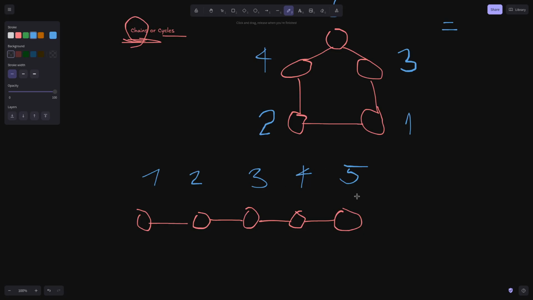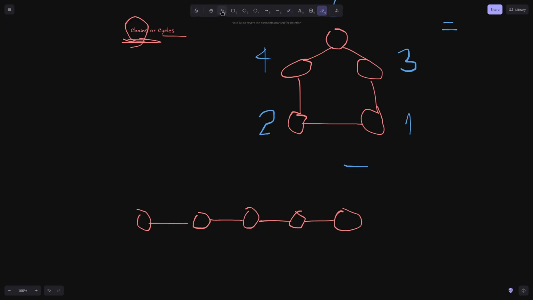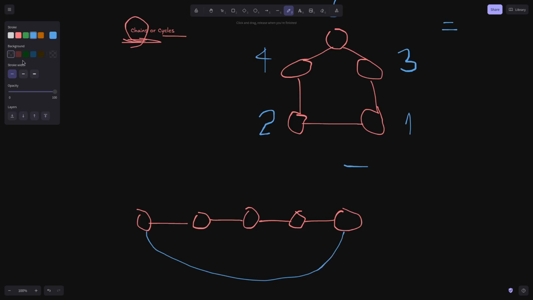But we know again that this is not the most optimal because why is 3 being multiplied with 2 and 4 when 3 could also have been multiplied with 5 instead of 2? So we know that's not the optimal case. So we can view this chain solution as an extension, or rather, maybe not an extension, but rather a subtraction from the cycle problem. So let's assume that it was a cycle